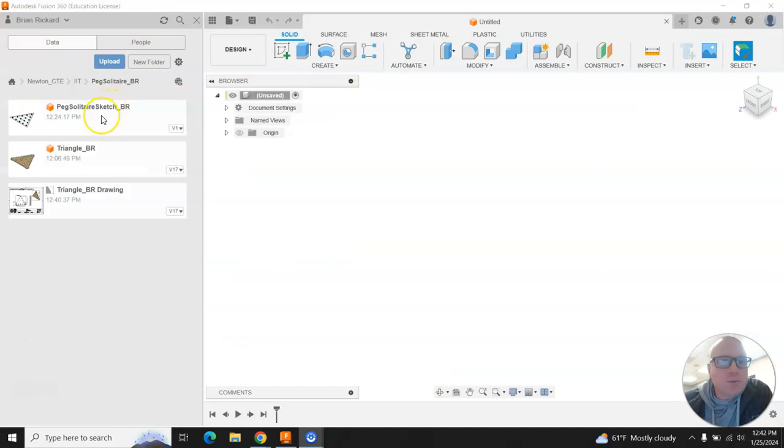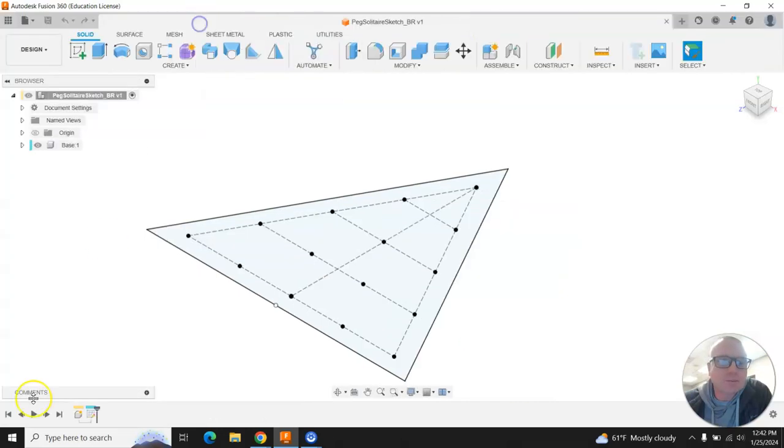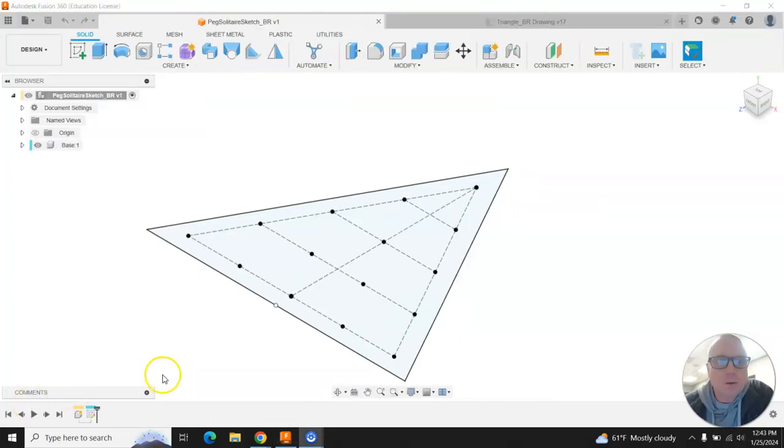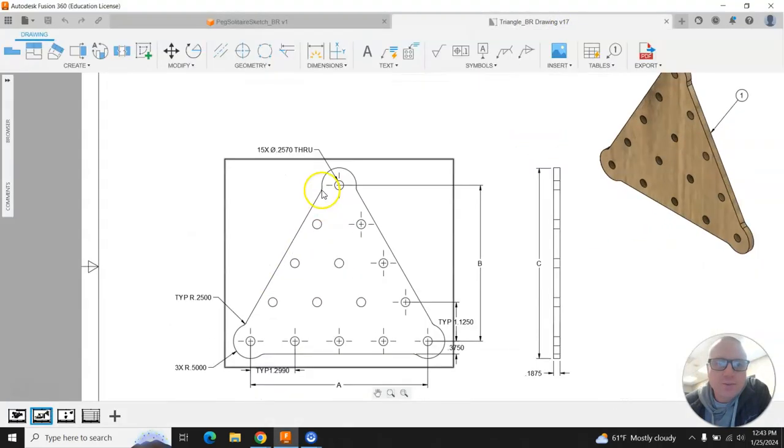The sketch will upload to your files, and then you can go ahead and just double click to open that sketch. You can see from the starter sketch that everything is kind of laid out for you. We're going to be adding some of the features to this and then completing the model. So the first thing that we're going to be adding are these rounded features here on each of the corners